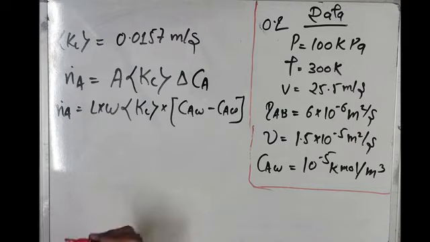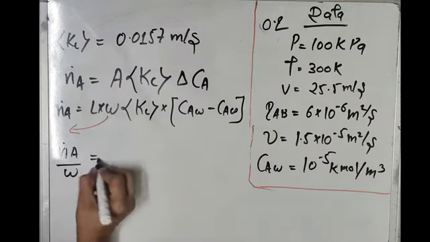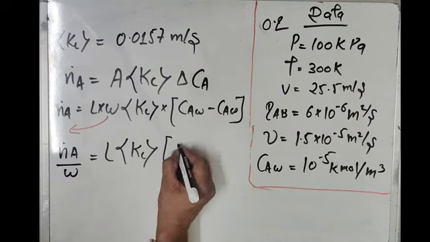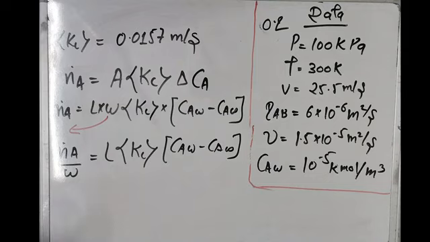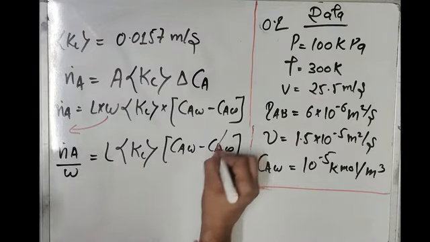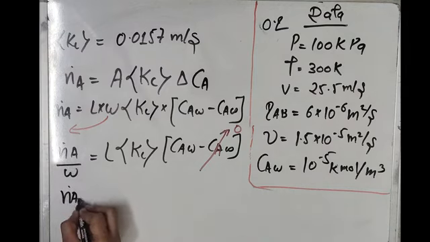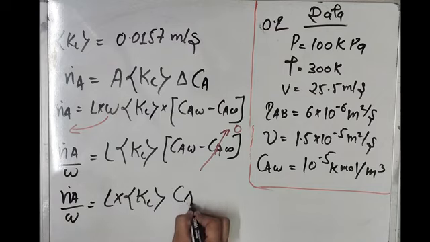Here we will move the width to the other side, and we will get the formula as this. Here the concentration at infinity is also 0, as it is negligible and we are considering it as 0. Further, this formula narrows down to length into mass transfer coefficient into the naphthalene concentration on the surface.